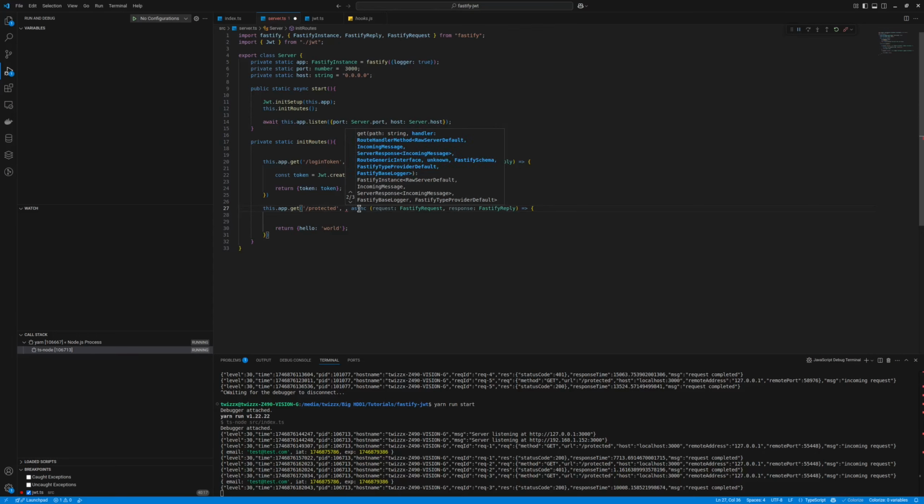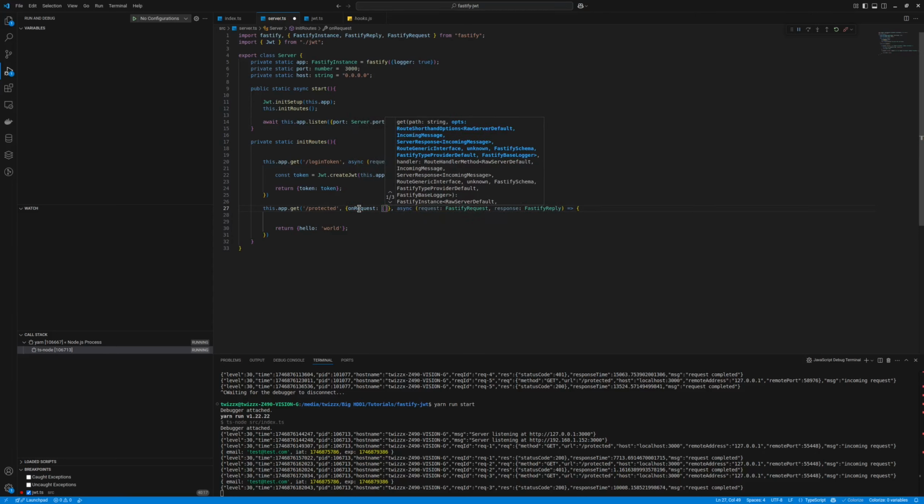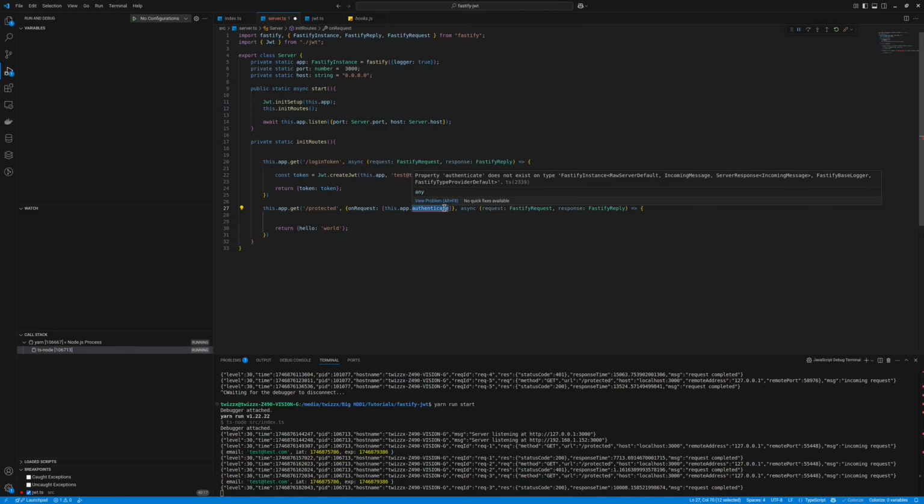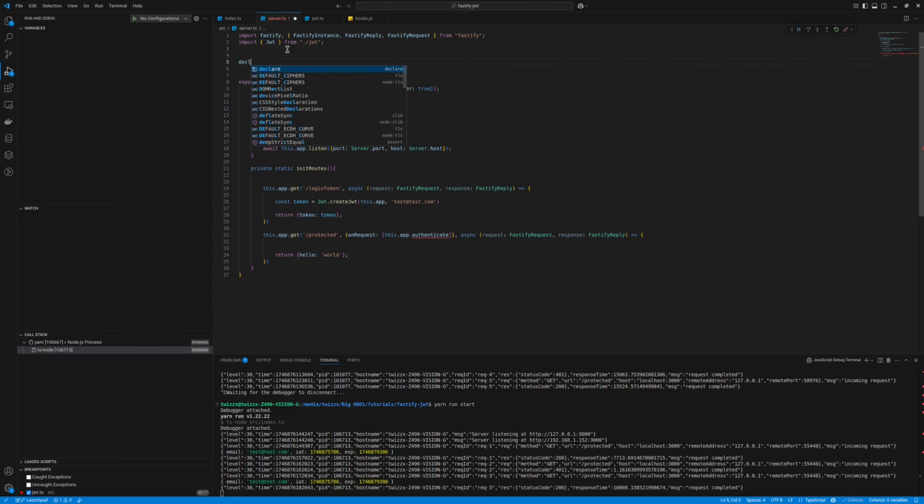We can add a comma here and use the on request. And then we can add an array of this .app, and now we can put in the authenticate here. But because I'm using Typescript, we need to also tell Typescript that there is this new function that can be called. So at the very top, I can declare the module Fastify,